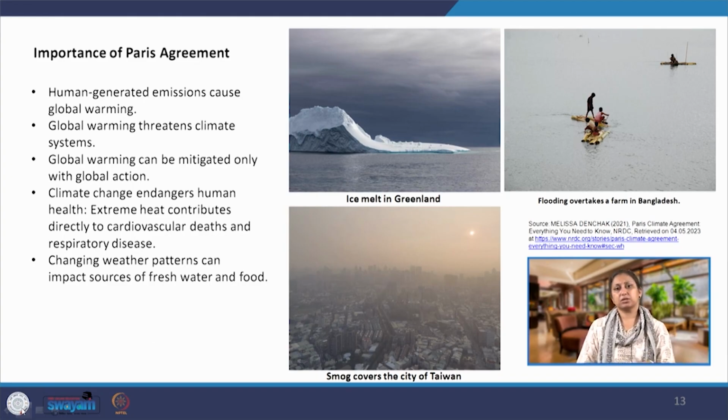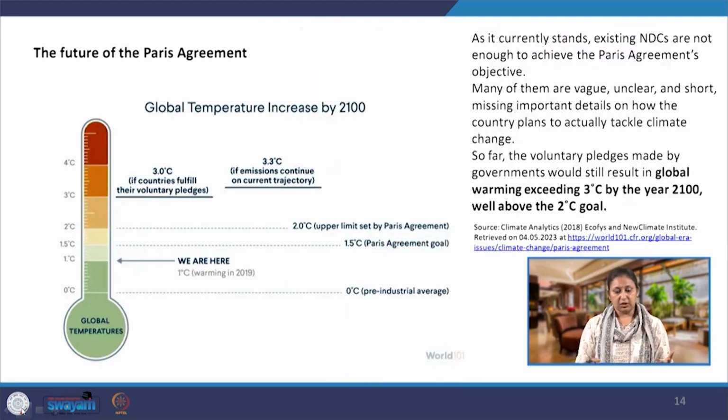We have been focusing so much in the last 3 decades on reducing greenhouse gas emissions, and despite so much effort and money and time that has been put into these discussions and into setting targets, unfortunately we have not yet been able to achieve the targets or even hold emissions at the same level. We are constantly increasing the targets. So, while it all sounds good, unfortunately we are nowhere close.